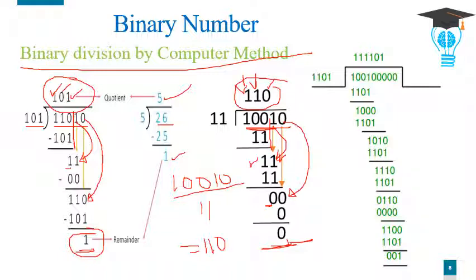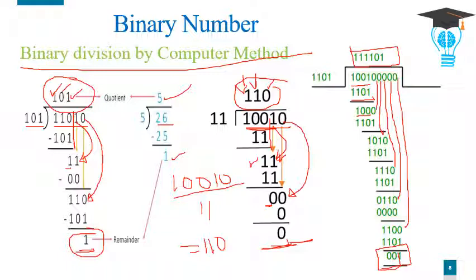The same is continued here. Initially 4 bits are taken and subtracted. I am getting the answer 100. Next this 0 is taken, and again the next 0 is taken, and so on for each remaining 0. And this is your final remainder, and this is the answer. This is the answer of the division of these two numbers.